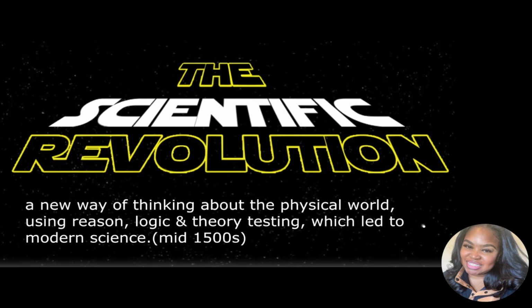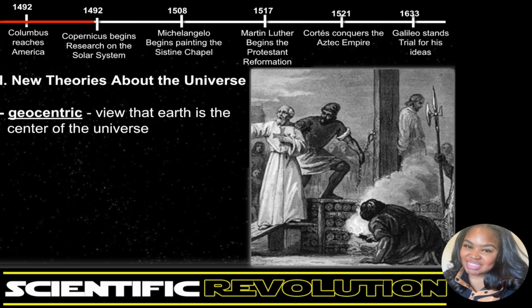Now, keep in mind the scientific revolution is happening right around the time of the Renaissance, when new ideas are being rebirthed, art is changing, people are thinking outside the box. And of course, there's this religious movement called the Reformation happening, where people are thinking differently about God and salvation. So again, the church believed that the earth was the center of the universe. So what that means is a geocentric viewpoint, meaning geo meaning earth, centric meaning center, earth at the center of the universe.